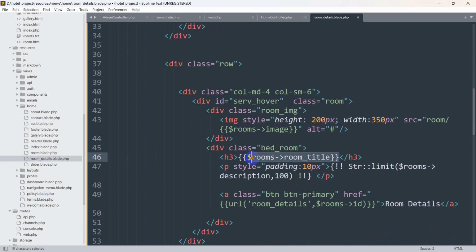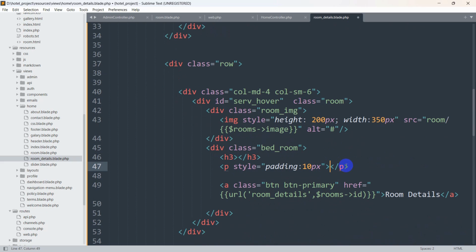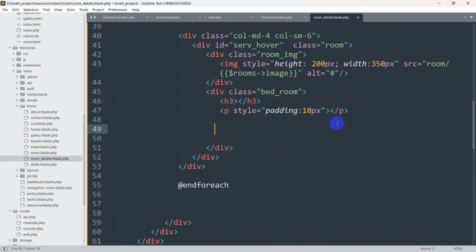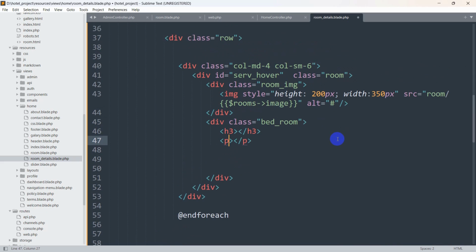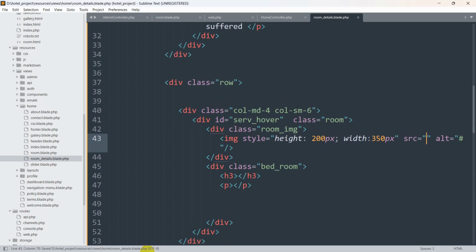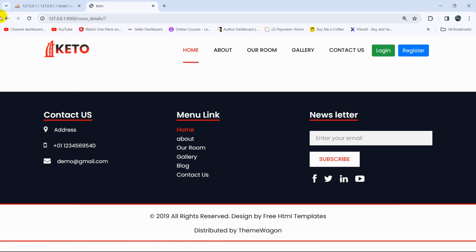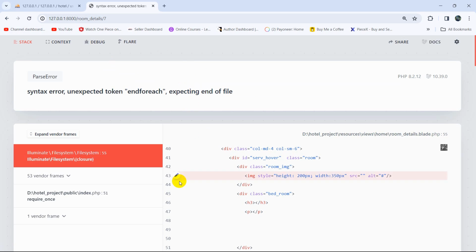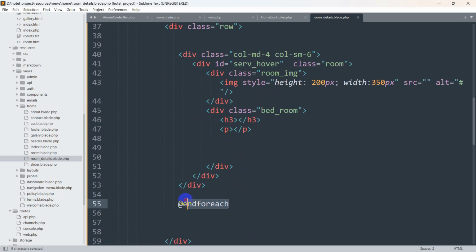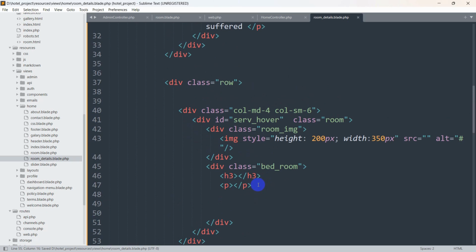and let's just also remove those titles so that I can explain you everything from the very beginning. And let's also remove this anchor tag for room details and also the padding as well. Let's just keep it simple for you. Let's also remove the image source. Let's save it. Then let's refresh here. Okay, in for it, that is this one. Save,